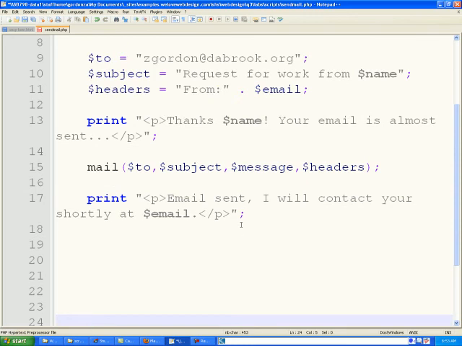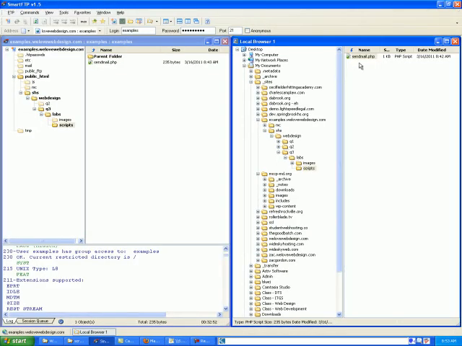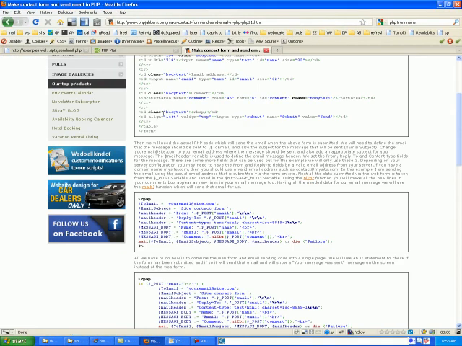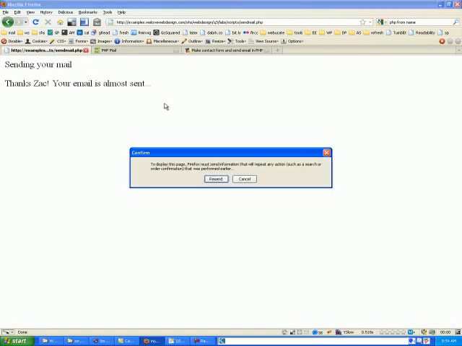And then we don't need to put out their email address, but we're just being fancy and showing them what we could do. And if I go back and I upload this again, notice that now if I try to refresh my page, my sendmail.php page without going back to the contact form,